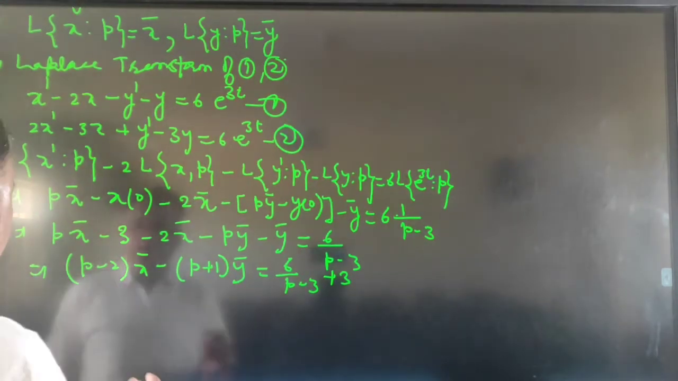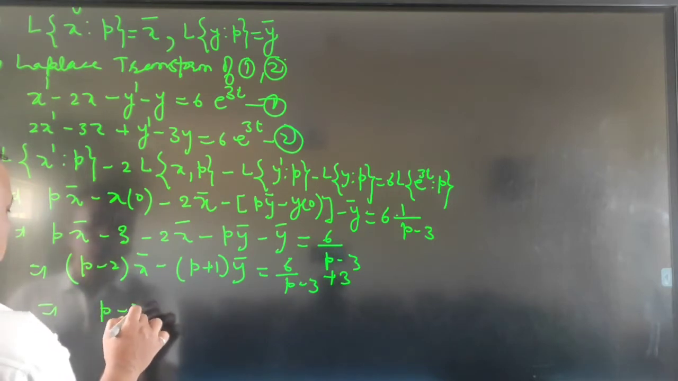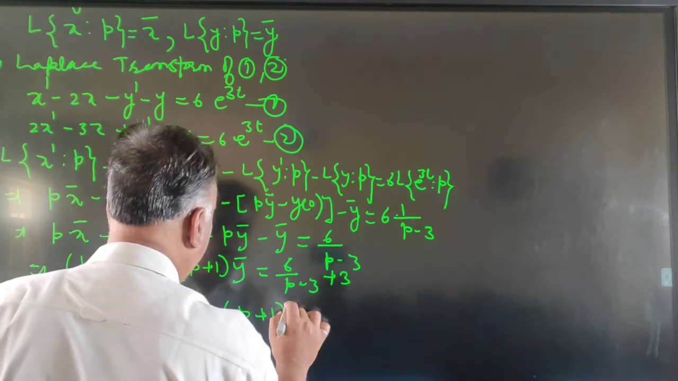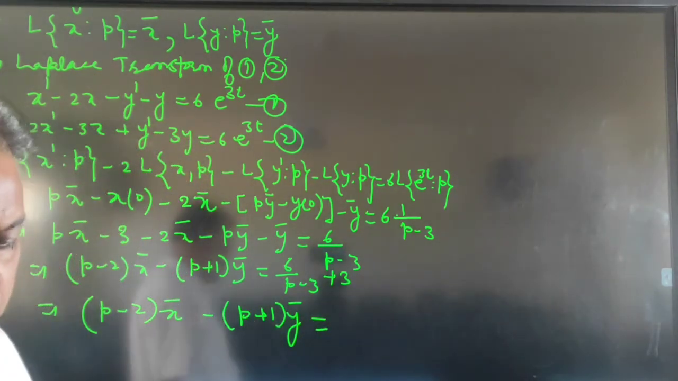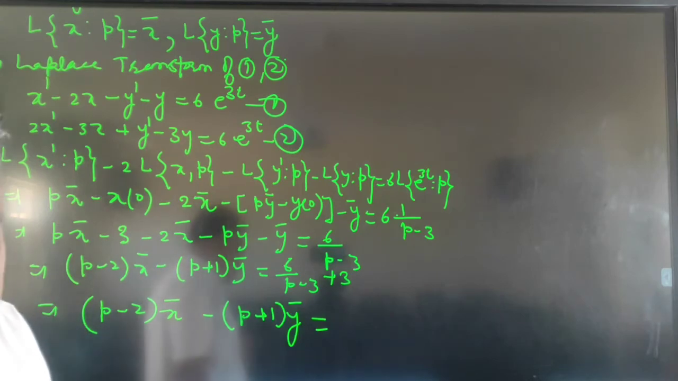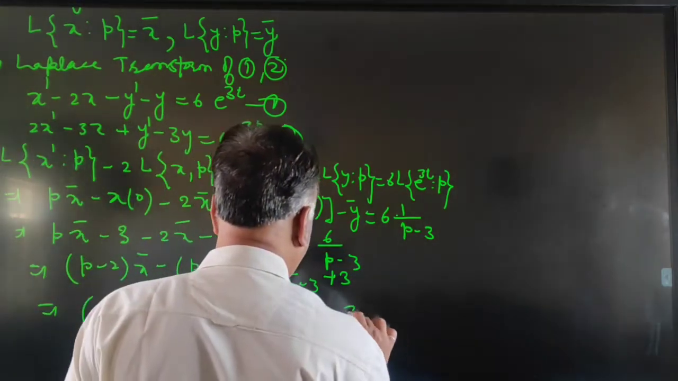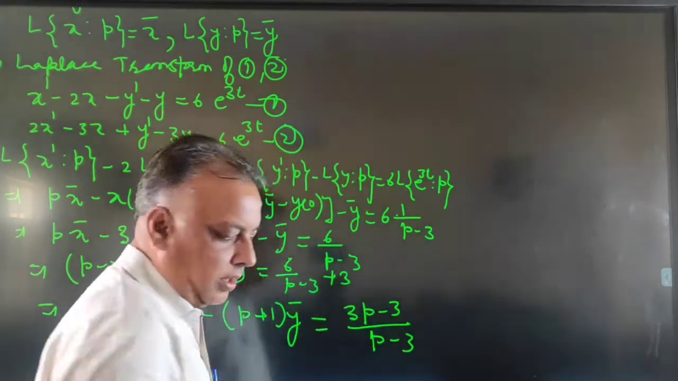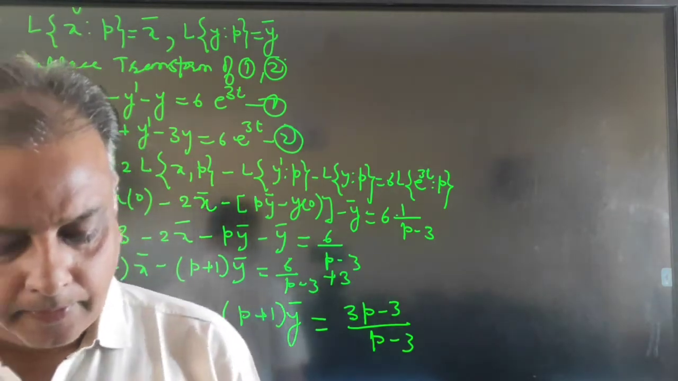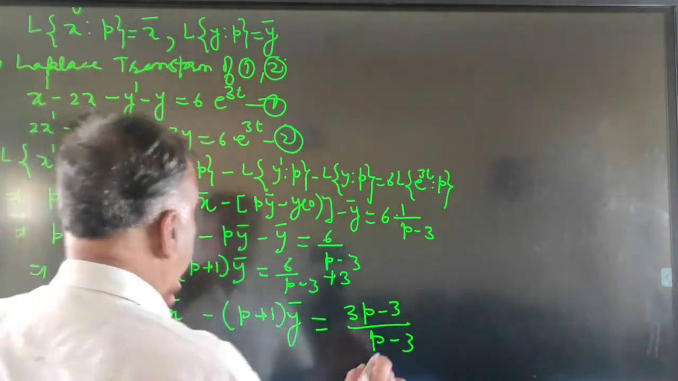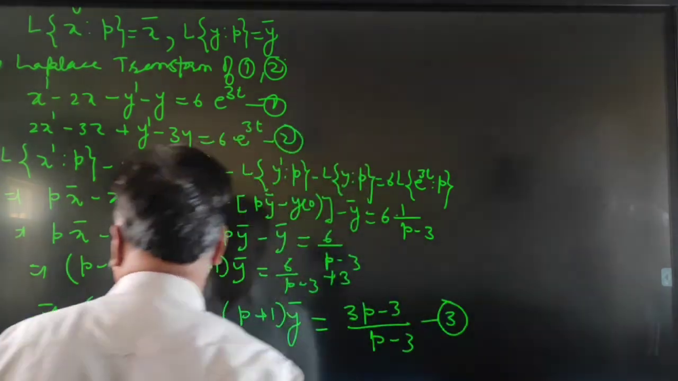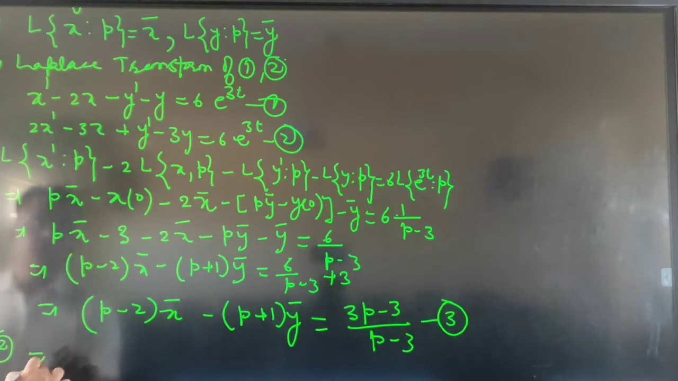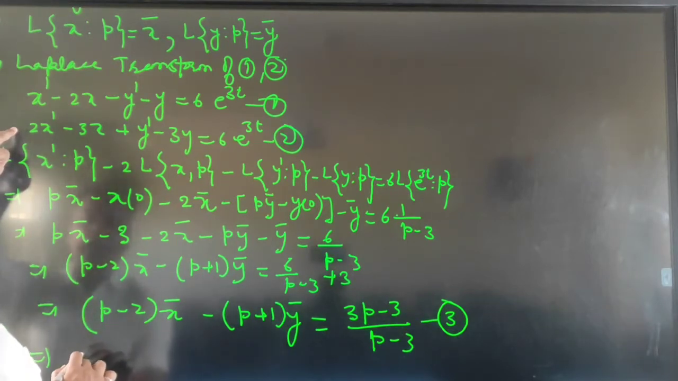Or solving the right hand side, we get p minus 2 into x bar minus p plus 1 into y bar is equal to 3p minus 3 upon p minus 3. This is equation 3rd. Now by taking the Laplace transformation of the equation 2nd, equation 2nd gives 2 Laplace transformation